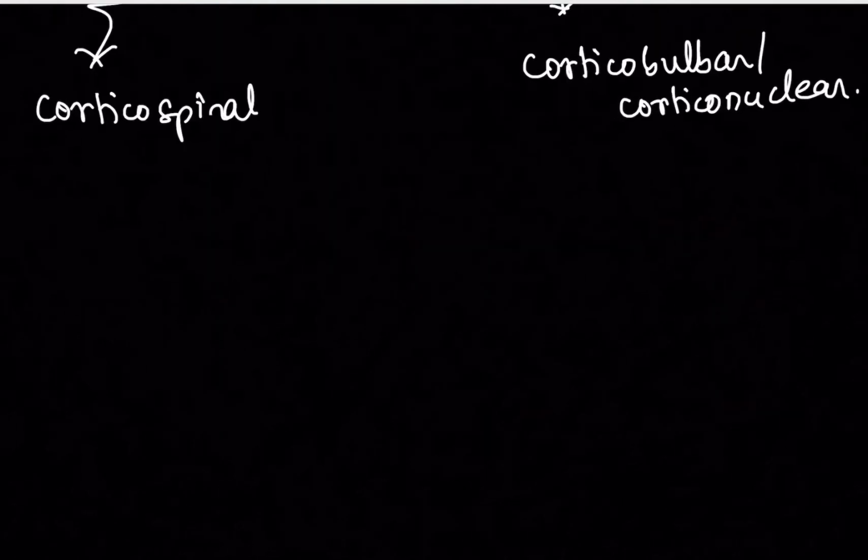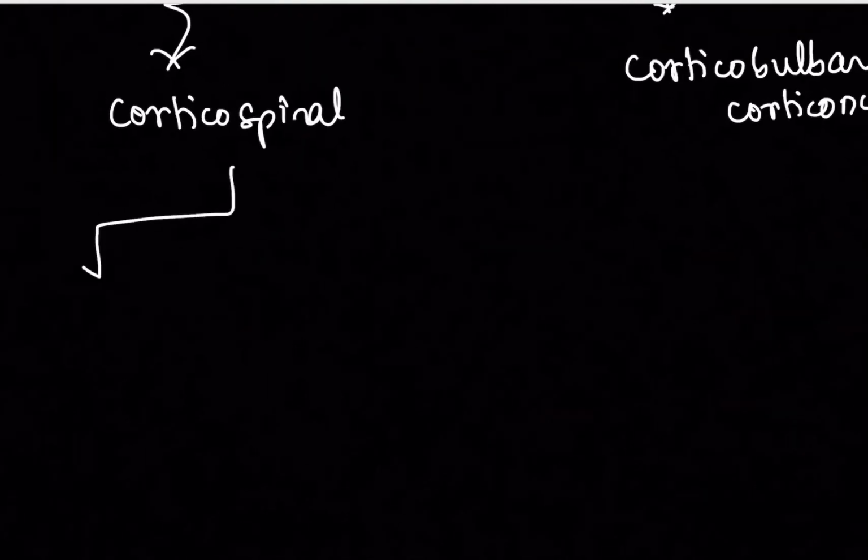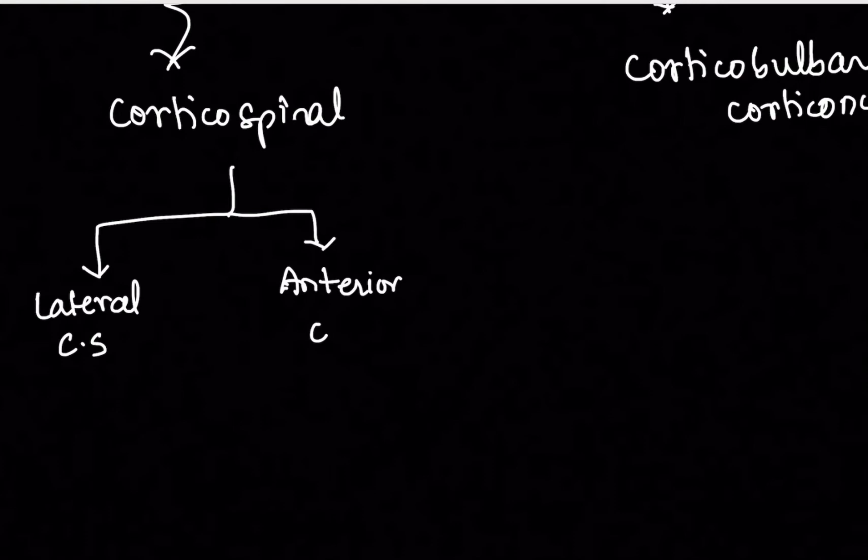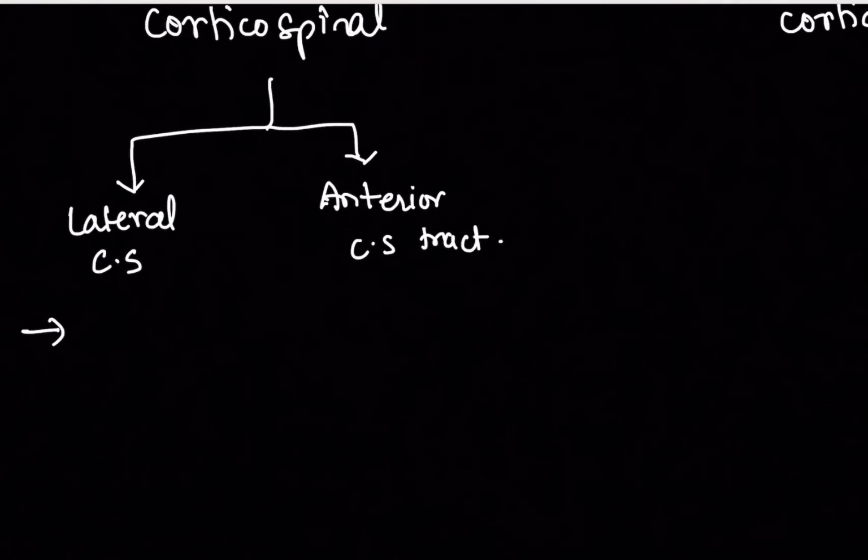This corticospinal tract is further divided into the lateral corticospinal tract and the anterior corticospinal tract. Now, the lateral corticospinal tract decussates. What do you mean by decussation? Decussation is crossing over. This decussation takes place below the medulla oblongata, or we also call it at the synapse. I'll be drawing a flow diagram of how the impulse is transmitted in the next slide, so you will know how the corticospinal and corticonuclear tracts work.